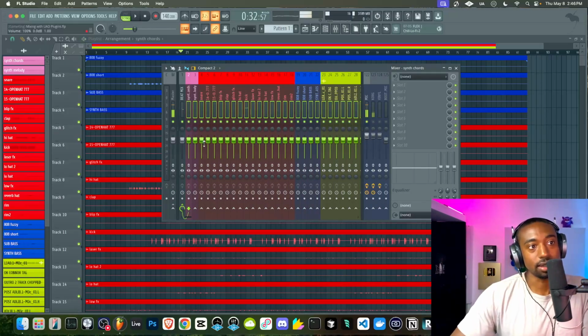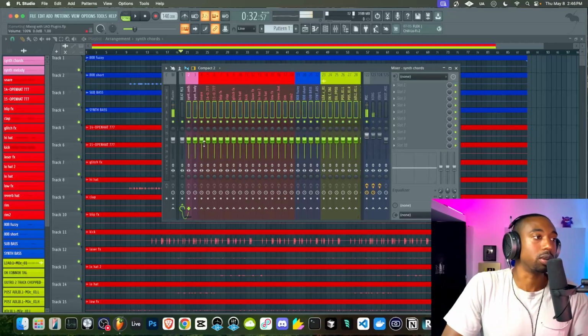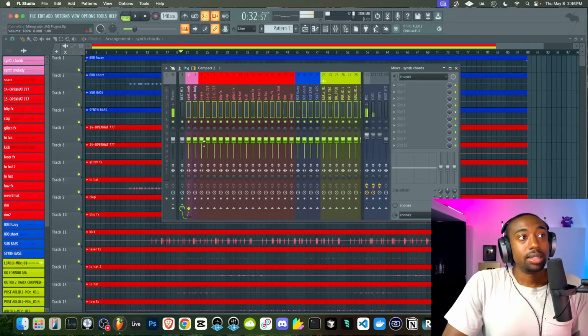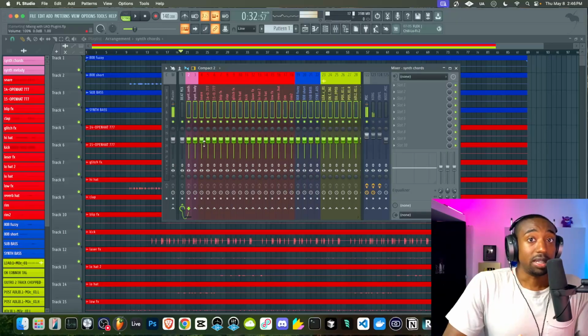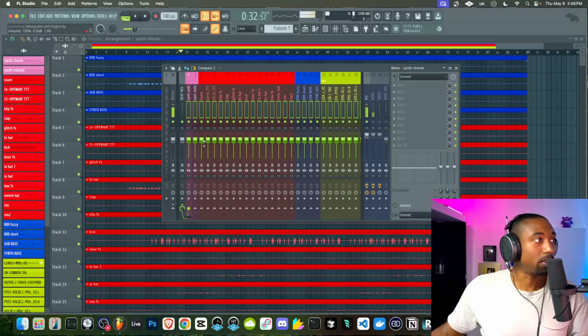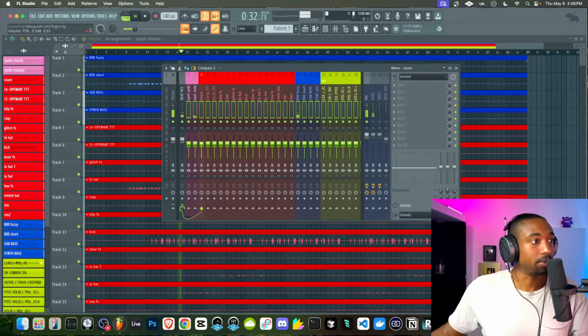Think of headroom like storage on your computer. Your computer can technically work with 20 megabytes free, but it's going to move very slowly. So I'd rather create more room for it to work. So I think of headroom the same way. We need space. So let's just turn these down.